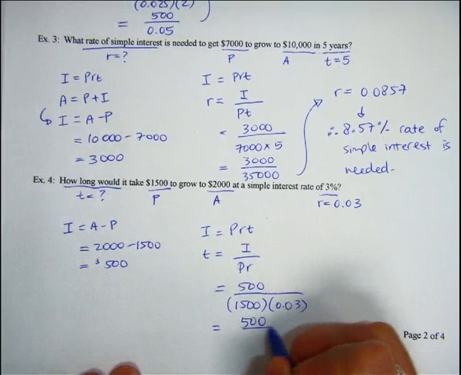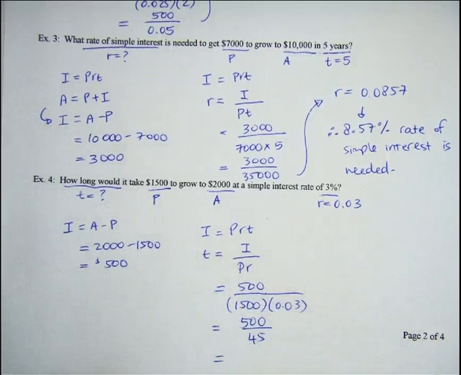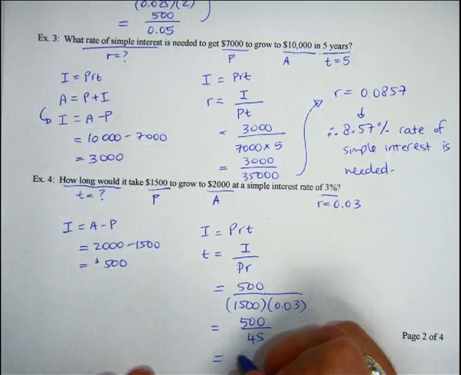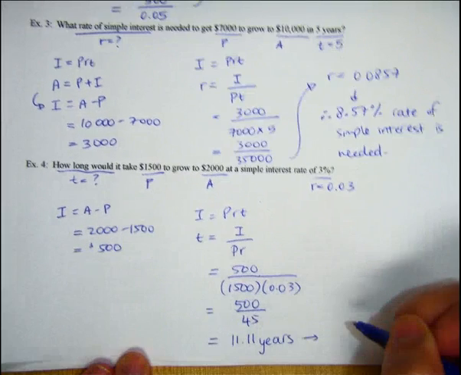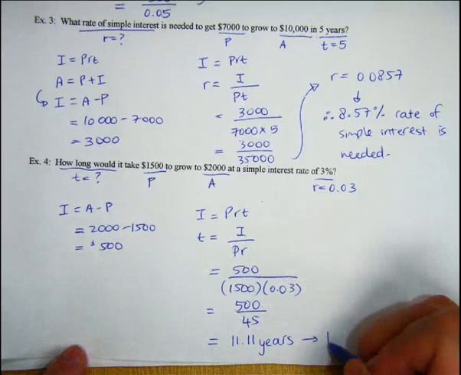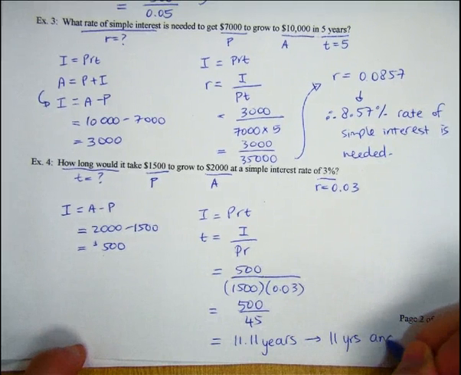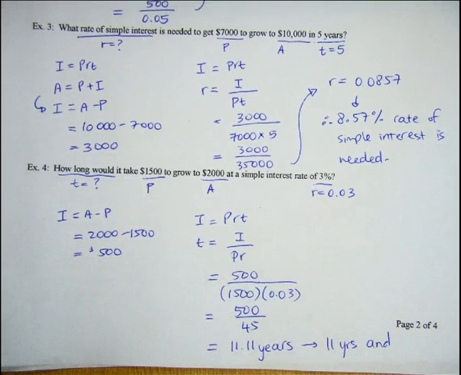So this is 500 divided by 45, which ends up equaling 11.11 years. If you would like to convert this to 11 years and 0.11 times 60